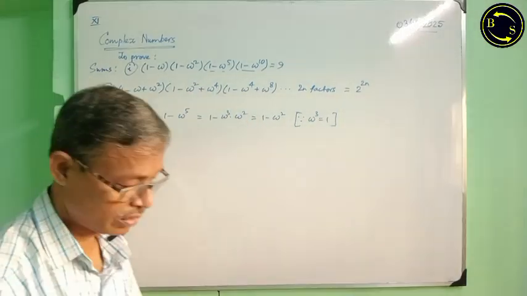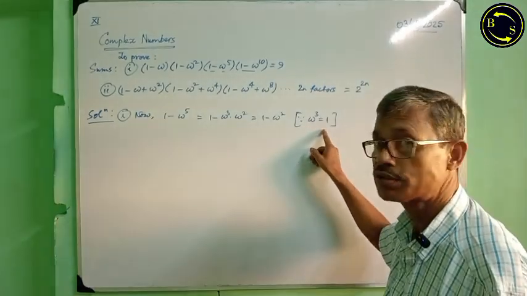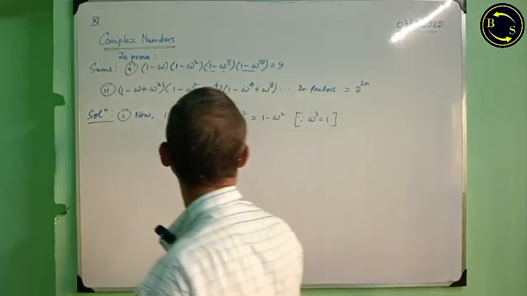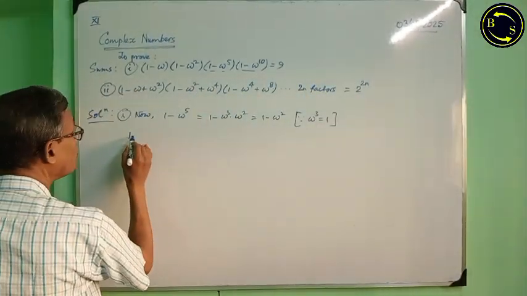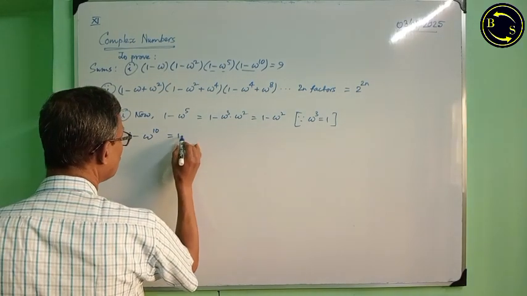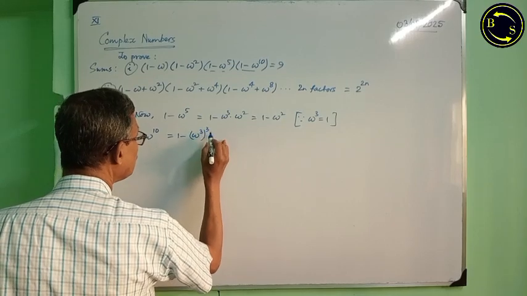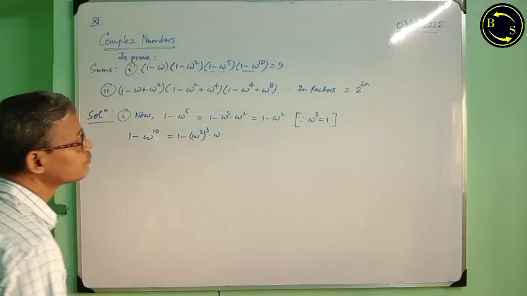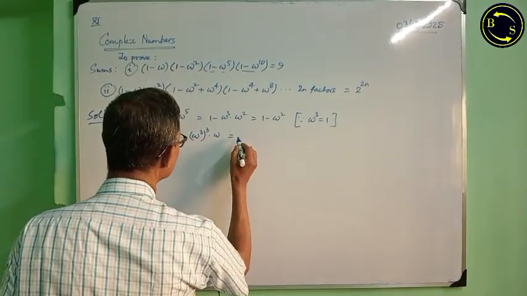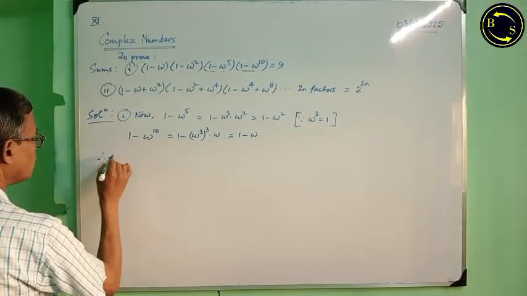I will suggest learners to mention this on the right side. Then 1 minus omega to the power 10, that is equal to 1 minus omega cube whole cube into omega. That means 1 minus omega. Therefore,